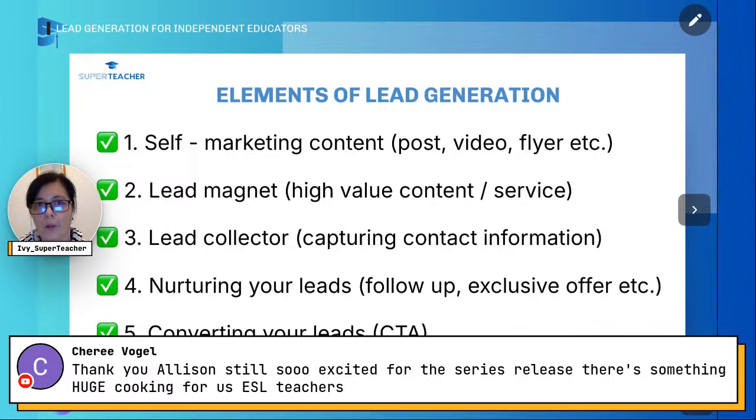But I think on a small scale, we as independent teachers, it's just enough to go with the free tools you already have. Even if you're on SuperTeacher free plan, you can still use it as a lead collector. And once you start growing, you can just switch to the monthly subscription plan. So there is no limit when it comes to that.